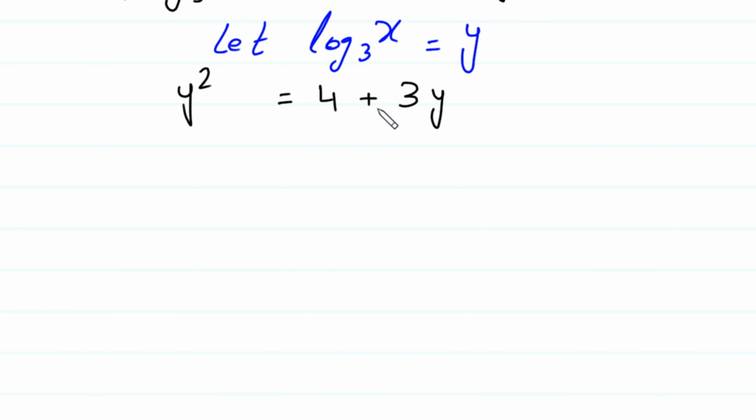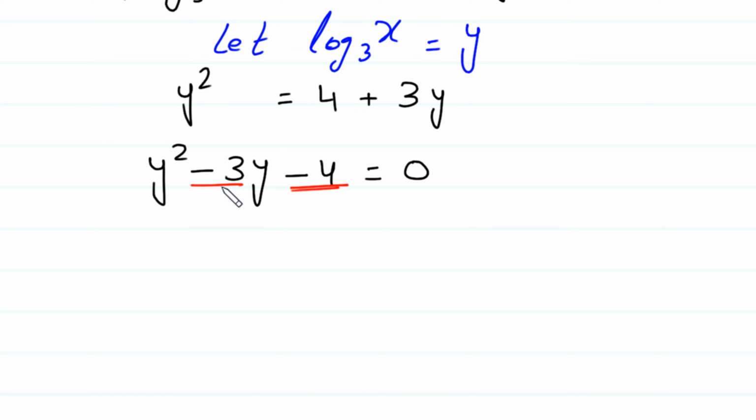Next, we shift this 4 and plus 3y to the left side. Y square, this plus 3y becomes minus 3y at left side, and this plus 4 becomes minus 4 at left side is equal to 0. Now, this is a quadratic equation and can be solved by factorization. We have to find two numbers whose product is this negative 4 and whose sum is this negative 3. Negative 4 and plus 1 are two numbers whose product is negative 4 and whose sum is